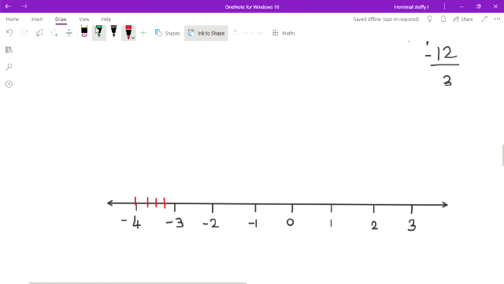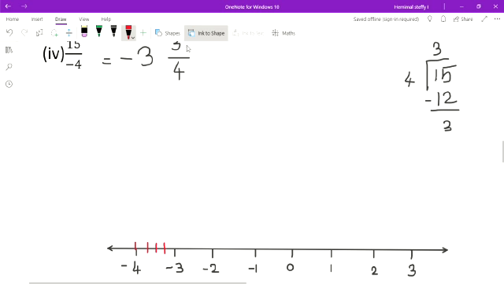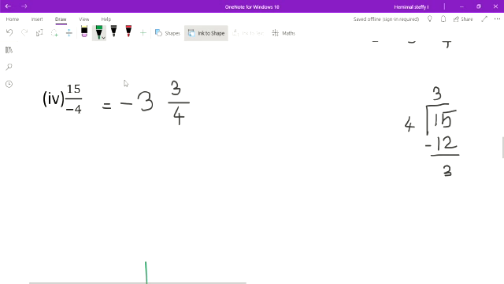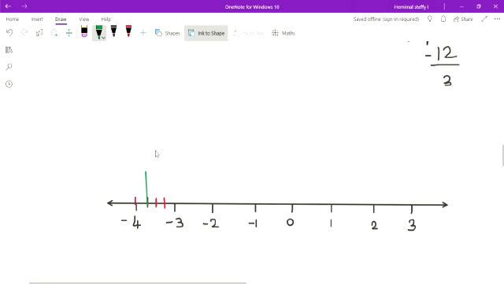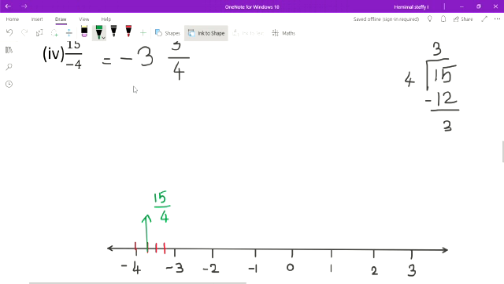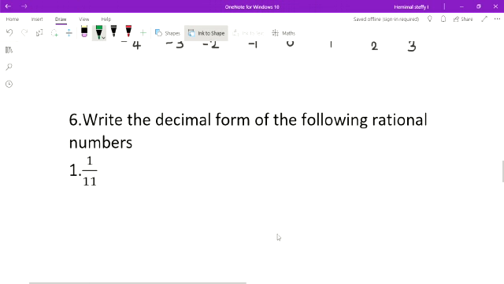So then next, see the numerator, the third one. So we should take the third part. Which one is 1, 2, 3? This is 1. So this part represents minus 15 divided by 4. Okay, is it clear, children? How do you represent the rational value on the number line? Okay, so let us go to the next Roman letter.